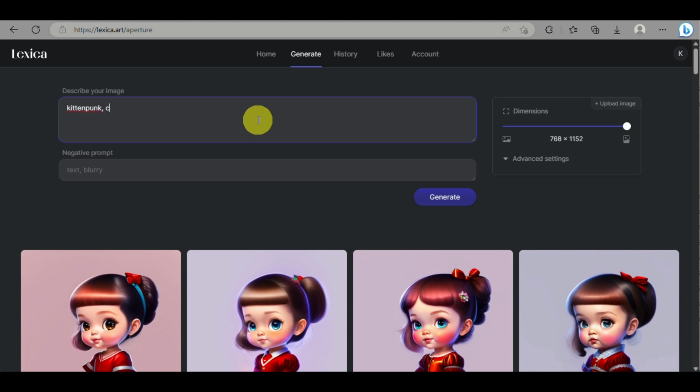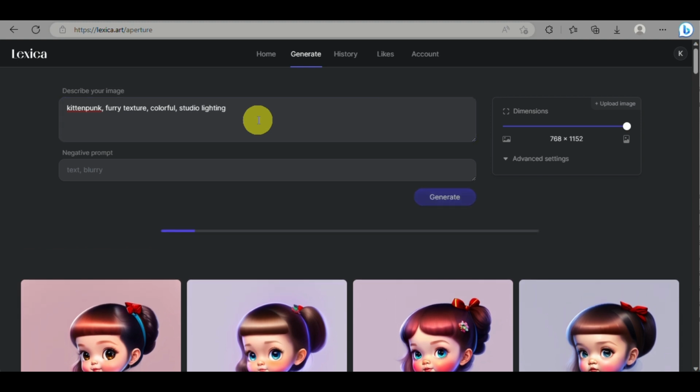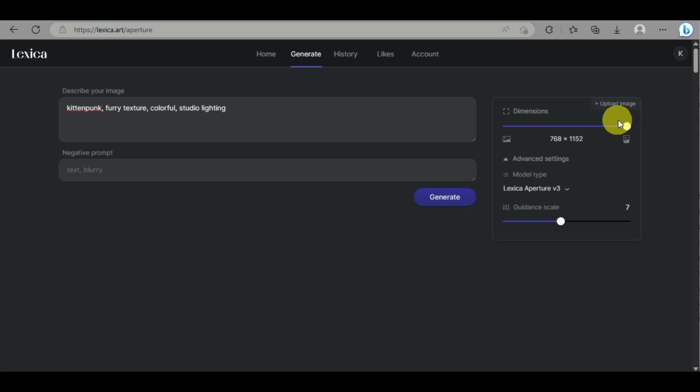This is where you input the image prompt, and the lower part is a negative prompt, so you can input the words that you want to exclude from the image that you will be generating here in Lexica. On the right side panel of the screen, you will be able to see the dimensions, or how you want to set the format for the image, whether landscape, portrait, or a square format. So here you can just wait for it to generate,